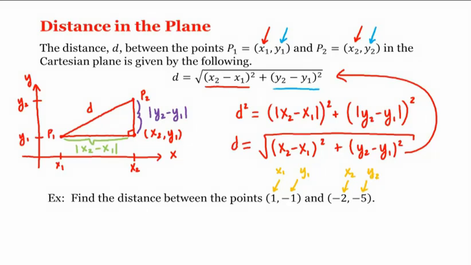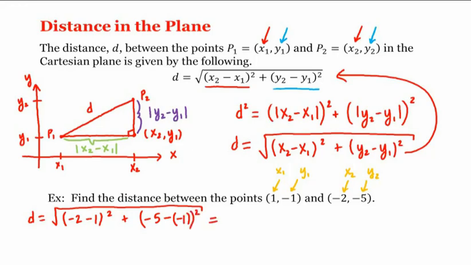By our formula, the distance d is the square root of the difference in the x-coordinates squared, so x2 minus x1 squared plus the difference in the y-coordinates squared, so negative 5 minus a negative 1, be careful here, squared,